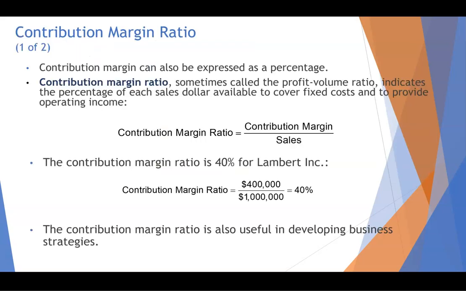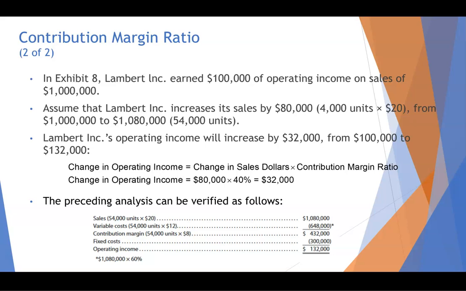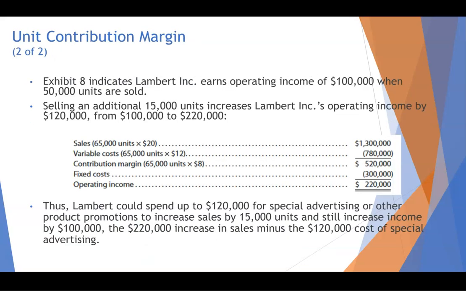Contribution margin can be looked at as a percent. If we know that we've got a contribution margin ratio, we can look and see if the contribution margin at Lambert is 40%, and we know the ratio then is 400,000 divided by a million is 40%. We then can look at various strategies. As we're going to see coming up here in a slide, that when Lambert earned 100,000 of operating income, then,